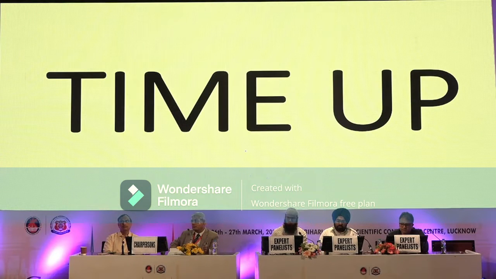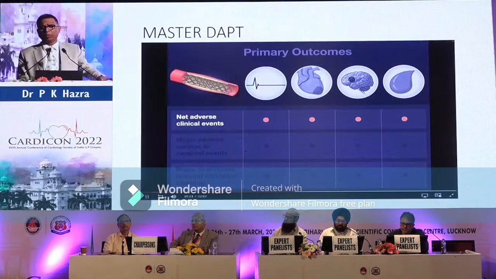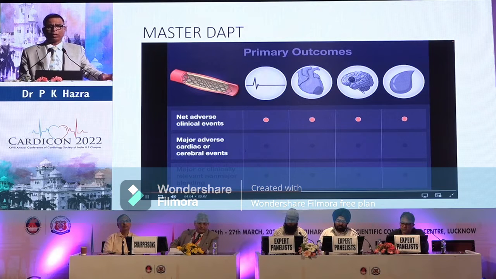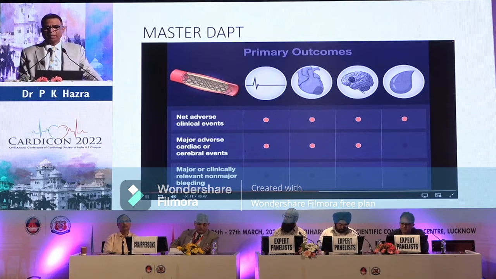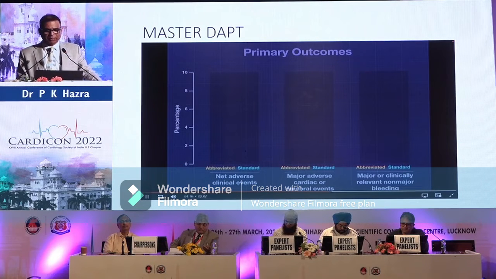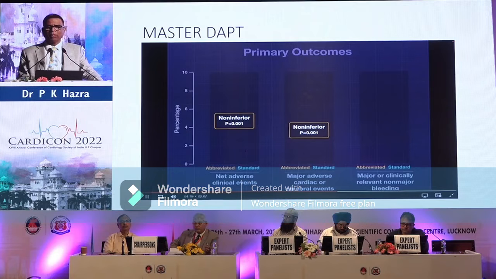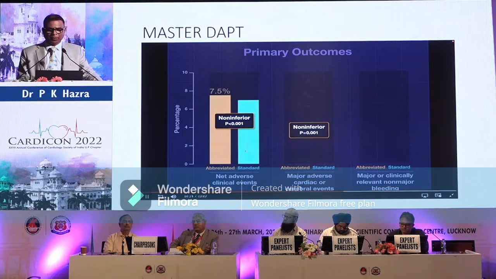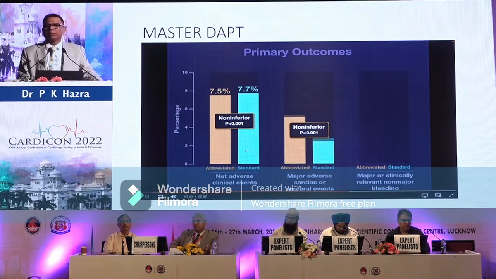You have to prolong the DAPT, or if you have atrial fibrillation or are a candidate for NOAC or warfarin, even then, if you start at 6 months, you go solo with aspirin or ticagrelor or clopidogrel, and after 12 months, if you continue with just NOAC, you can prevent much bleeding, and you can prevent death and MI as well as continuation of your DAPT. So the primary outcome of non-inferiority for major adverse cardiac events has been proved, and superiority on bleeding has been proved by the MASTER DAPT trial